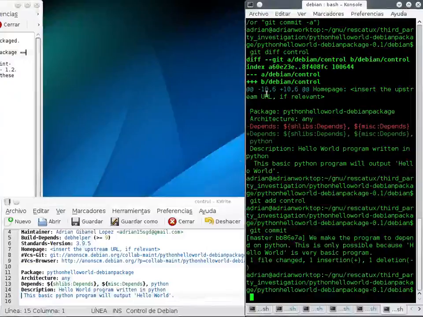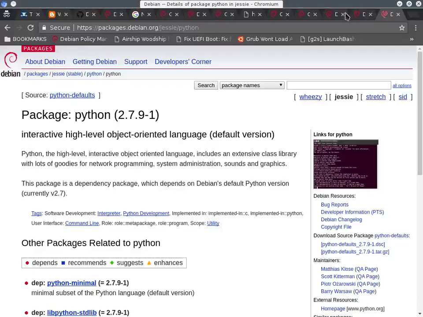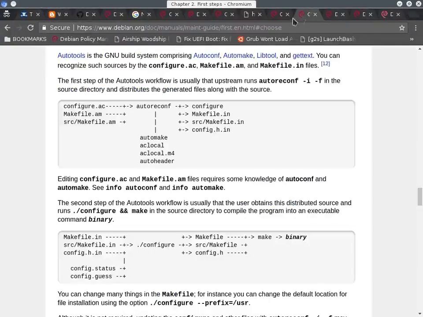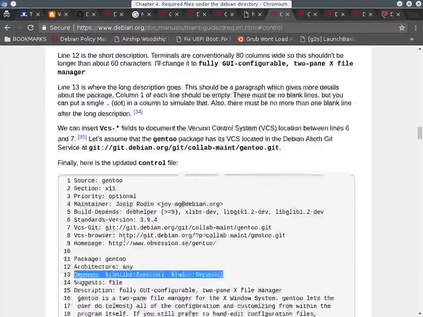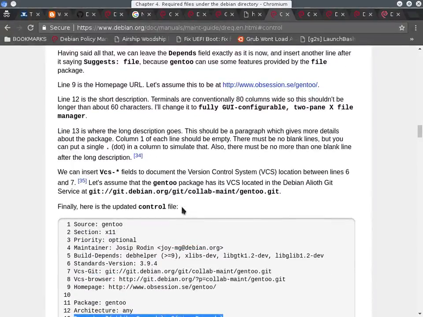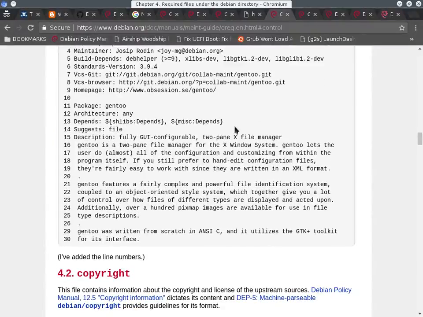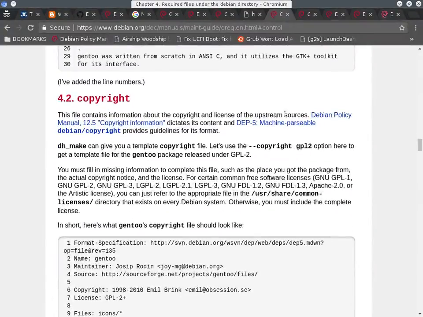Yeah, so where's the page? Here it is. So yeah, I think we have finished control, because we have finished already. By modifying the depends line, though I'm not sure if I should remove depends or not, I'm not sure about this. So copyright,